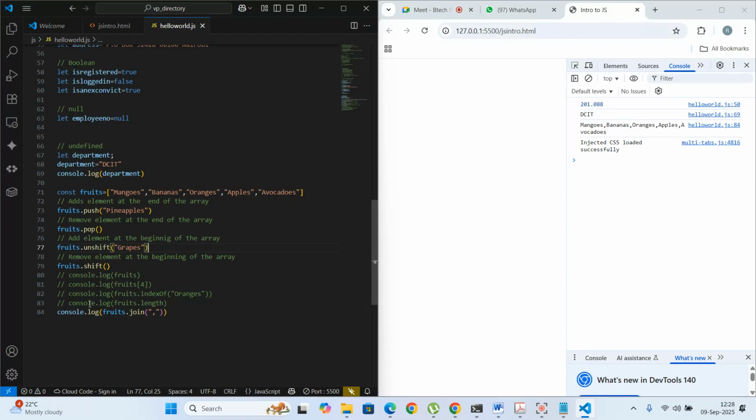This is a function that takes a function, and it allows us to do things like add an element to the beginning of the array, remove an element at the end of the array, and so forth. And by the way, I can even remove an element in the middle of the array. So if I want to remove orange, for example, how do I even do that? What I'll simply do here is say fruits, which is the array name,